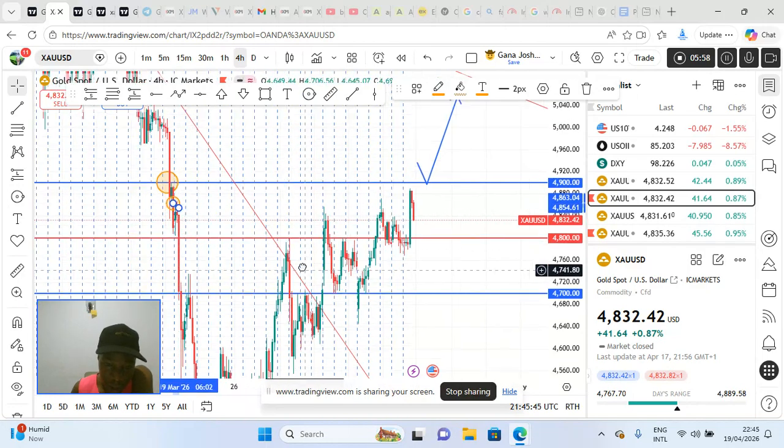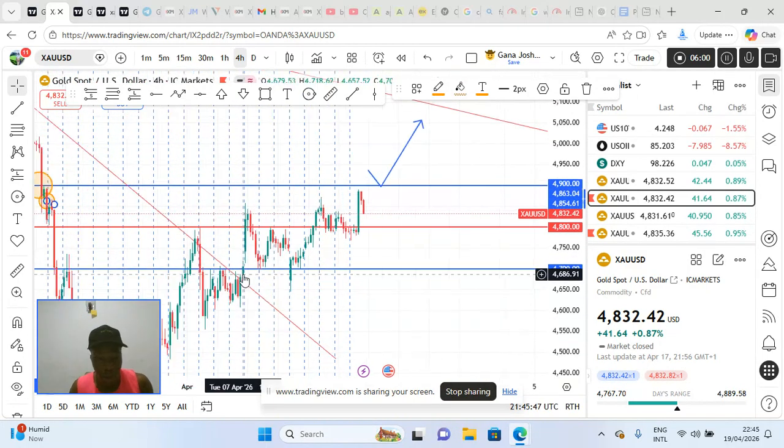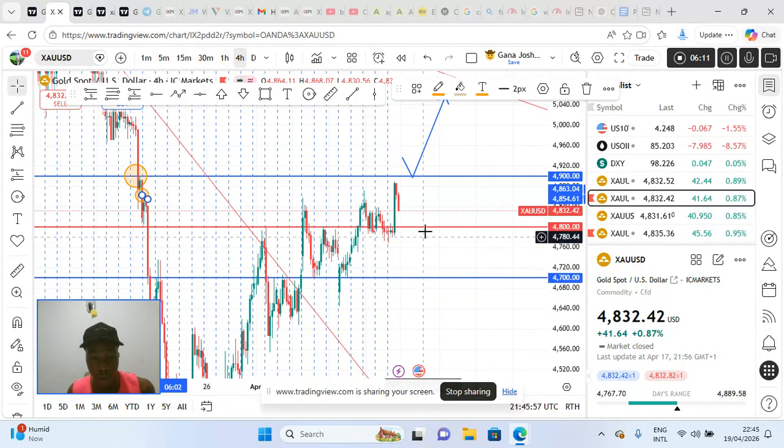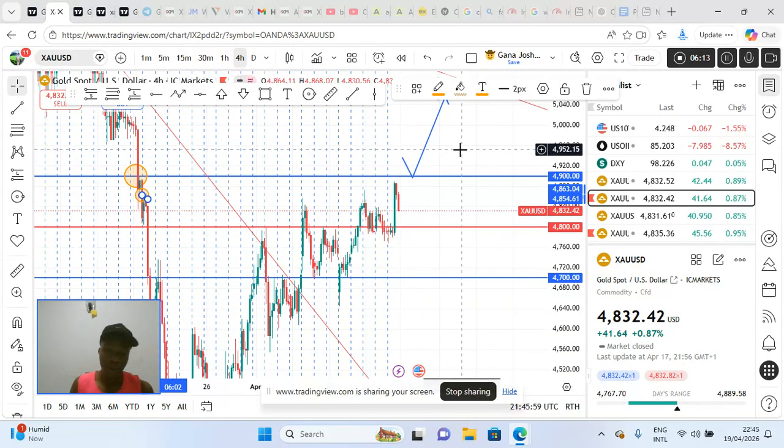I know that recently gold has been forming higher highs, higher lows, higher highs, higher lows, higher highs, higher lows, higher high. We're hoping for a new higher high, right? Our question now is from which support would we go?